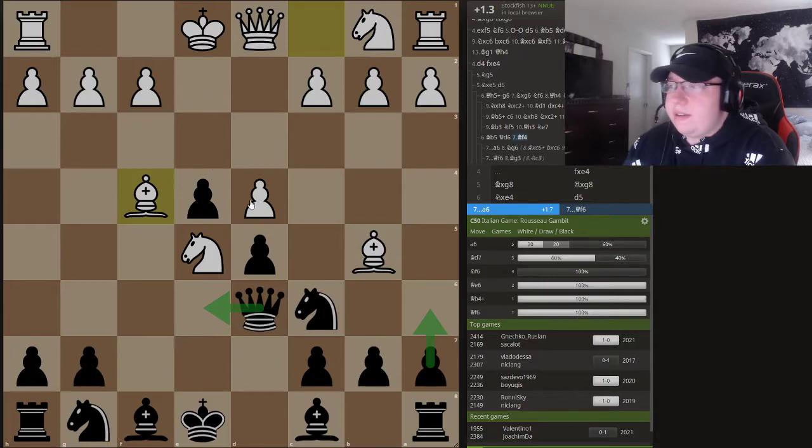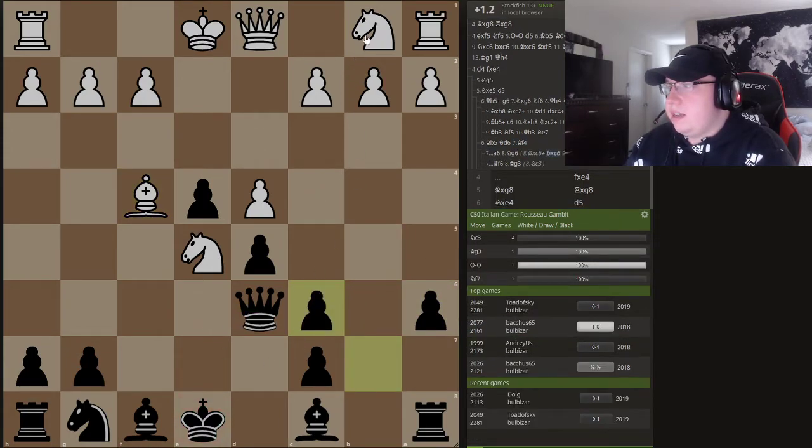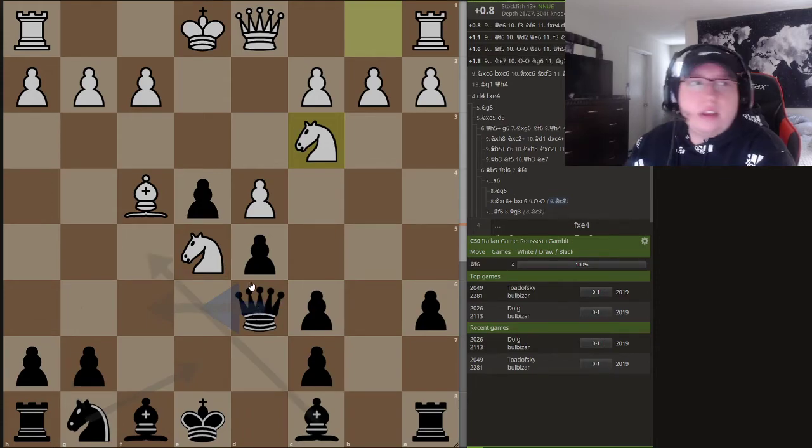And white is definitely going to maintain some kind of advantage if they play accurately, but it looks playable to me after a6 especially. Takes, and knight c3, and it looks fine. It looks okay. Queen e6. I'd prefer queen e6 because I feel like the knight belongs on f6, but you can try queen f6. And yeah, the engine says +1, plus 0.8, 0.9, but I'd play this with black, and at least,